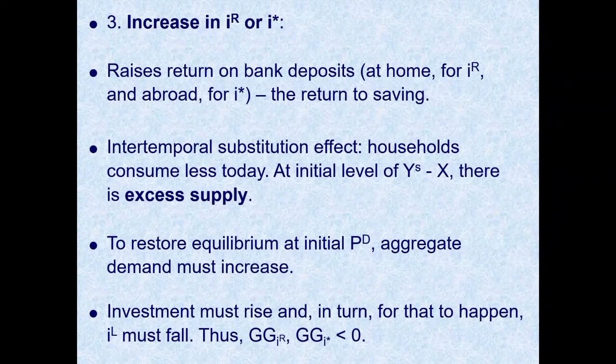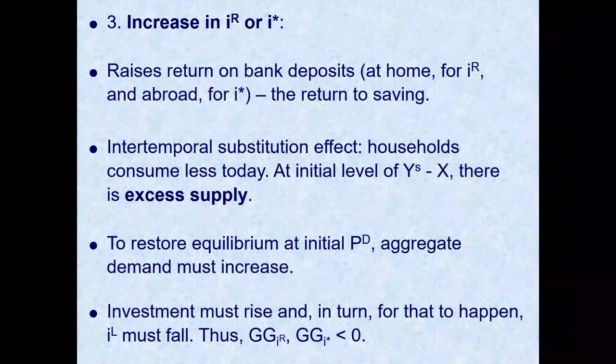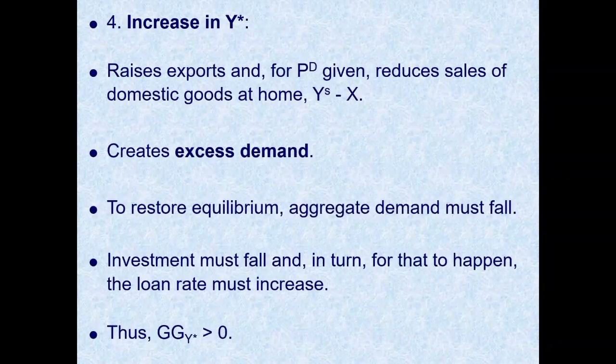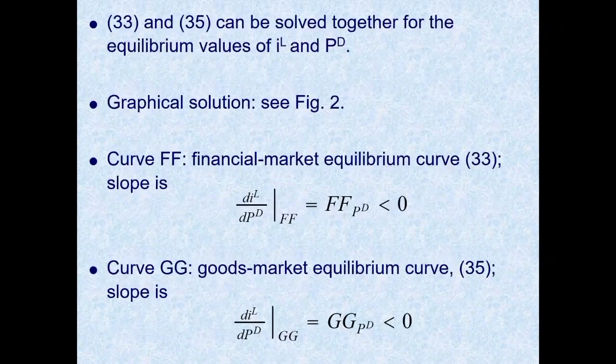Consumption is lower. So here's again, aggregate supply, aggregate demand. Demand falls. So what do we need? We need to bring demand back to where it was, to restore equilibrium. So we need to increase demand. How do we increase demand? The interest rate has to fall in order to stimulate investment. Hence the sign here, the partial derivatives are negative. Okay? And the last one is basically the